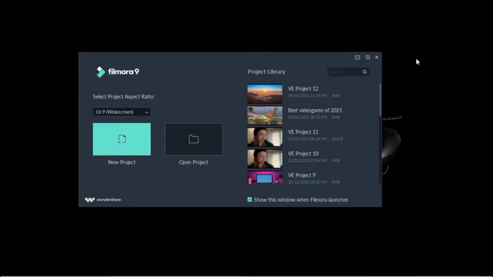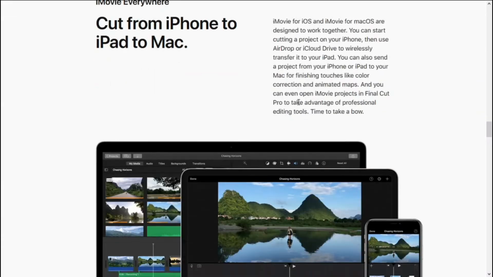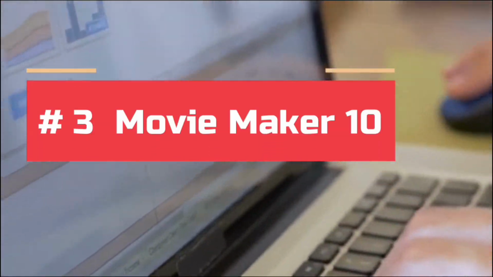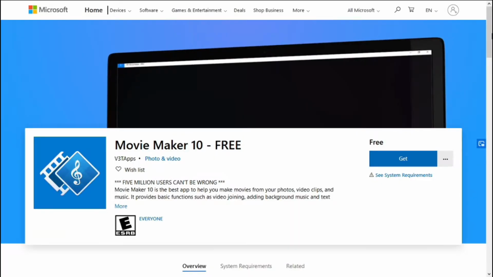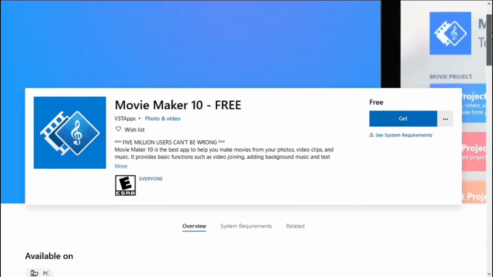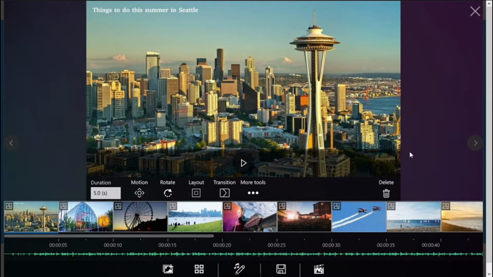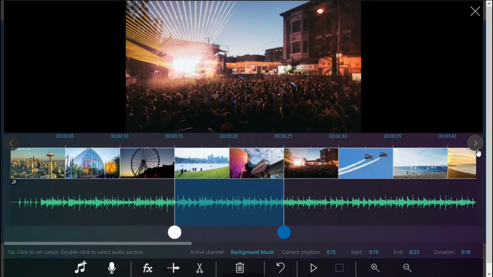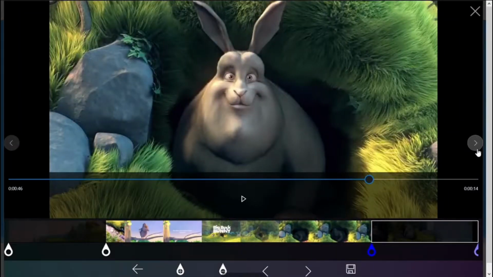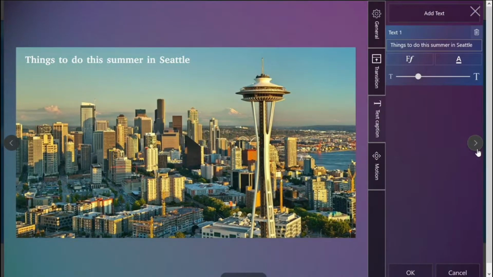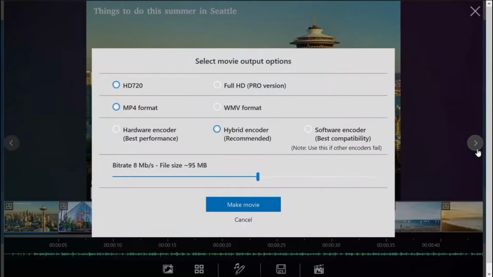Open the video editing software, whatever you have. I have made a specific video on how to make a video with free video editing software, so you can watch it after this video. I am going to edit this video in Filmora. The principles of video editing are similar in most video editing software, and 90% of the work you see here you can do the same in other video editing software too.